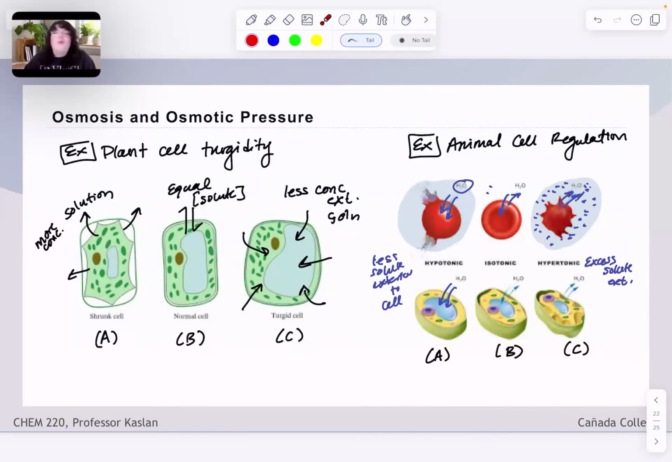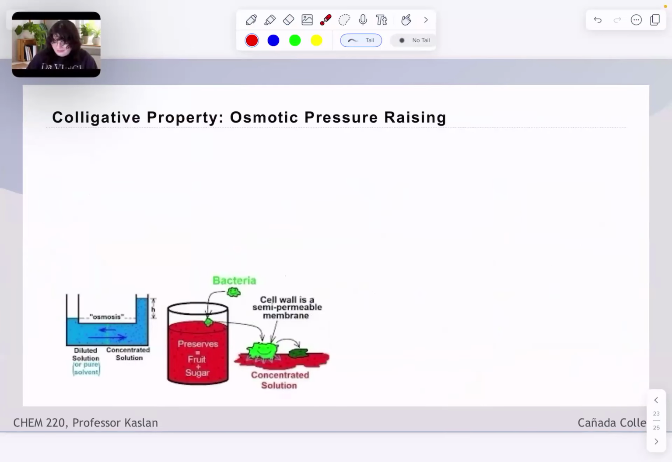Okay, why you should care about osmosis. Let's talk about the colligative property that is osmotic pressure raising. So we've seen the equation, right? We know that osmotic pressure is equal to MRTi. This is how we calculate